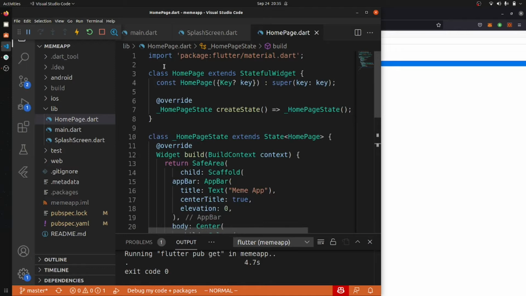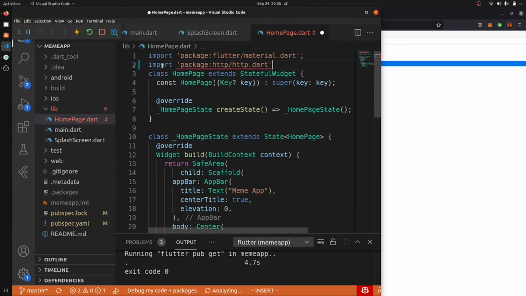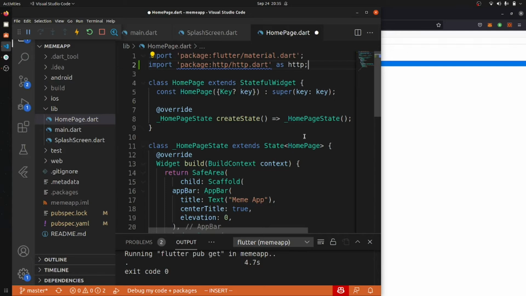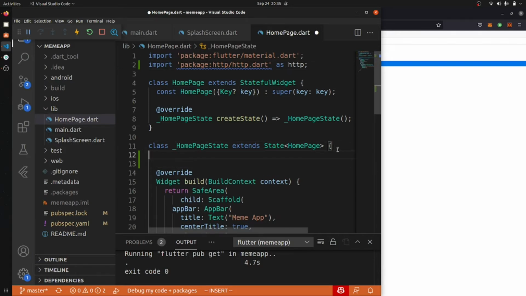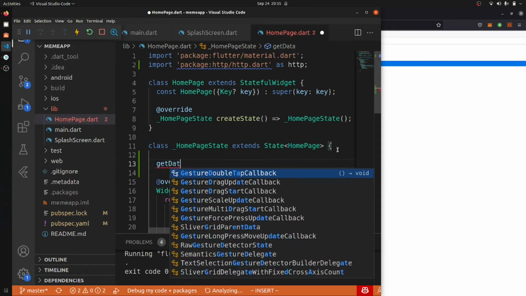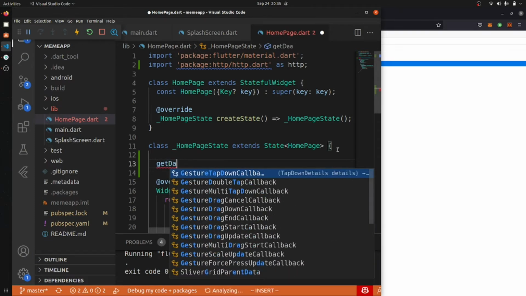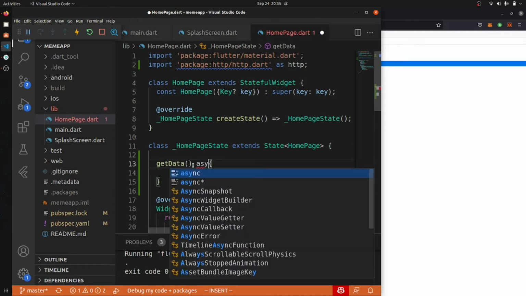Now in this page, firstly we will import that HTTP, import http dart as http. Now we will create a function, and I will call it getData for the time being. It will be an asynchronous function.